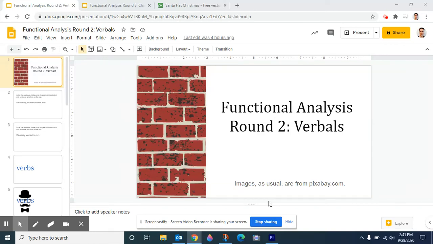Last week, I asked you to look at some sentences and try to label the parts, putting the parts of speech on the bottom and the functions of different words in the sentence on top. We're going to do a little bit more with that this week. And my goal here is to establish a base of vocabulary and of understanding of what's going on